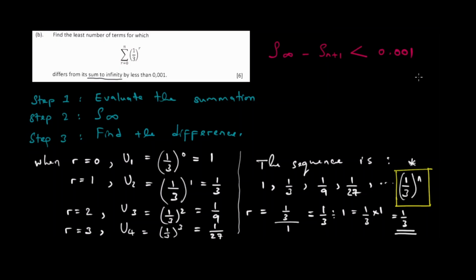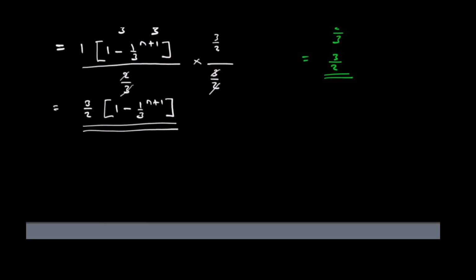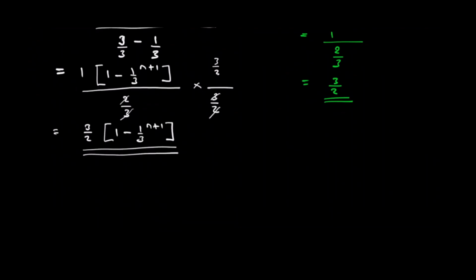So the sum to infinity subtracting the sum of n plus 1 should be less than 0.001. Then the sum to infinity we saw is 3/2, and subtracting the sum of n plus 1,